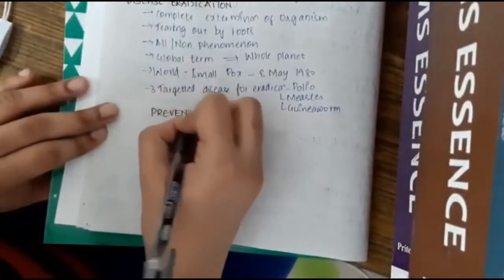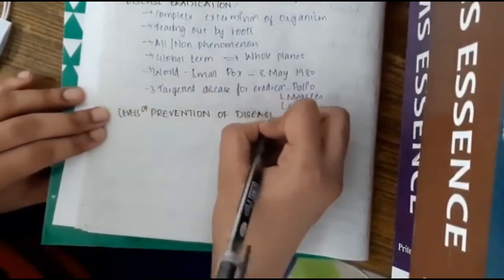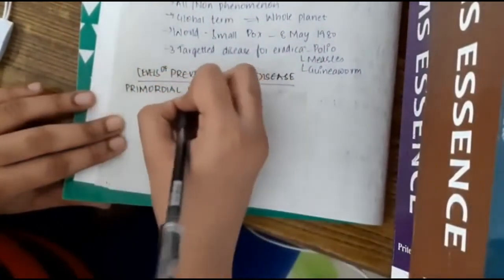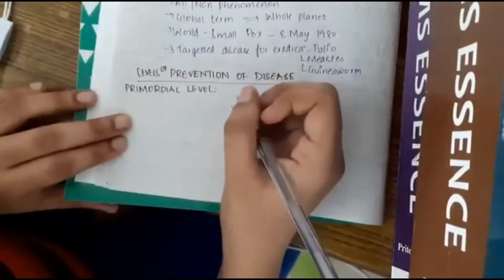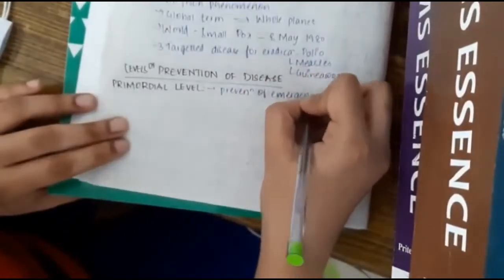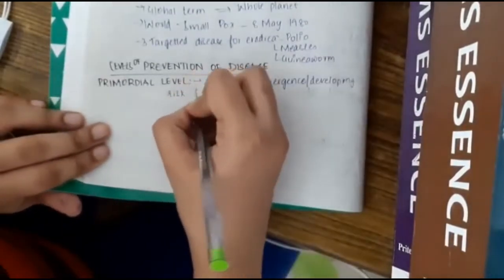Hello friends, let us now learn about the levels of prevention of disease. First we have the primordial level of prevention of disease. Here there is prevention of the emergence or development of risk factors. In primordial prevention, this is done